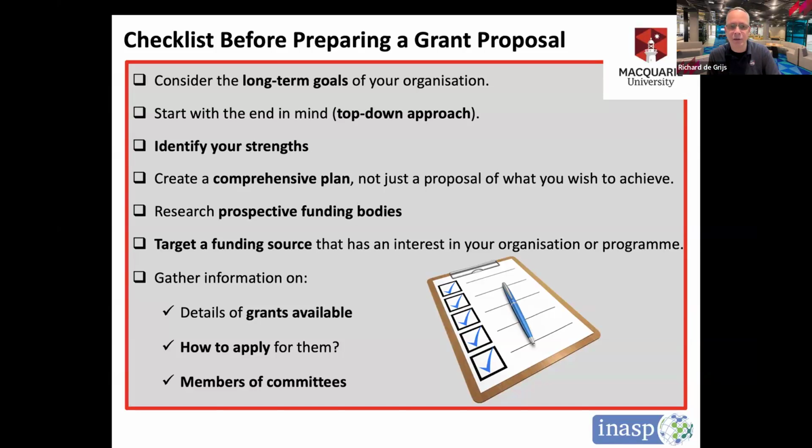Identify your strength, create a plan, not just a proposal of that little research that you really want to do next year, but really in the next few years, and then research which funders might be able to provide money for your plan, to achieve your plan. Make sure that your research and the funders' remit match,